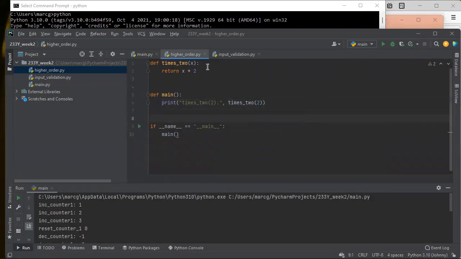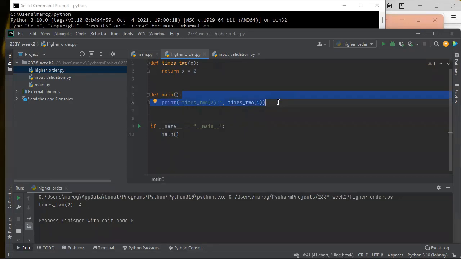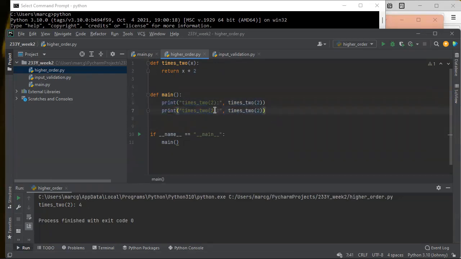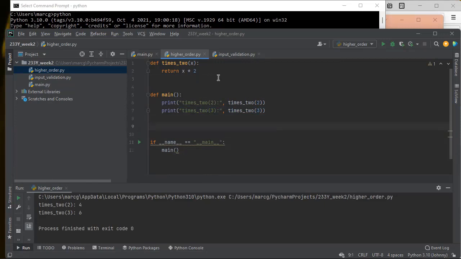And this should all look really familiar. And it says times 2 of 2 is 4. And we'll do times 2 of 3 should be 6. And it is. Okay. So now what map does is it lets me apply this function that takes one argument to a list of values or a tuple of values or whatever. So I can say